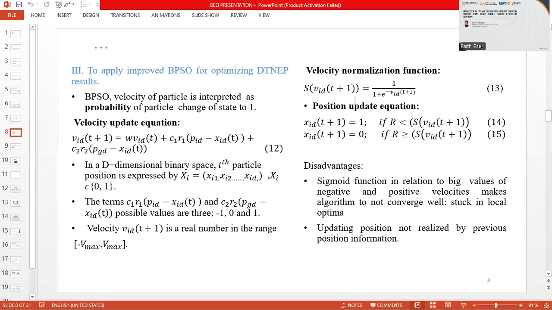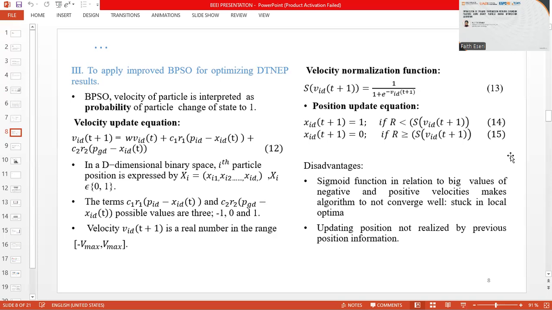This is achieved through normalization, as given in the normalization function in equation 13, that restores the velocities to between 0 and 1. And the position update equation is given as 14 and 15, which is compared to a random number R and the sigmoid value of the velocity for a true or a false